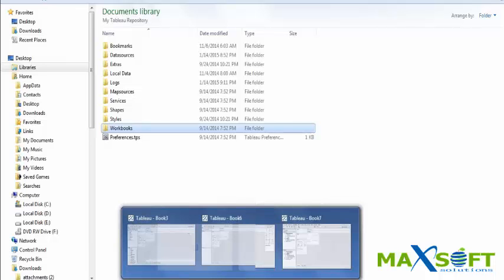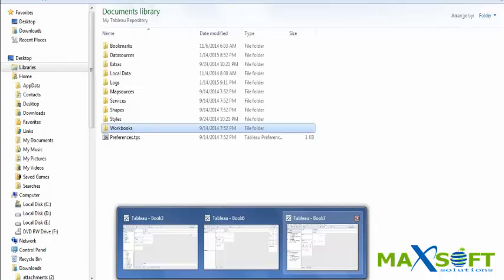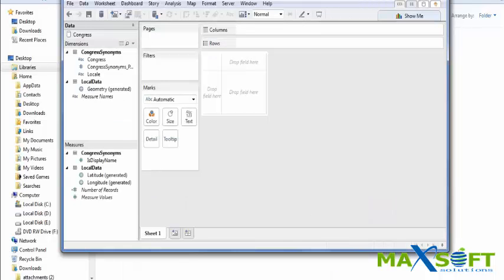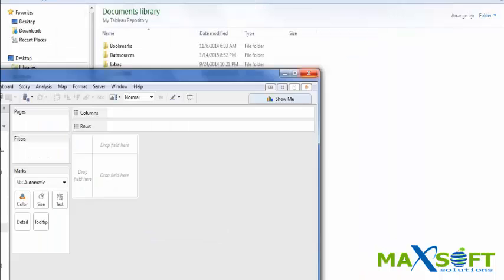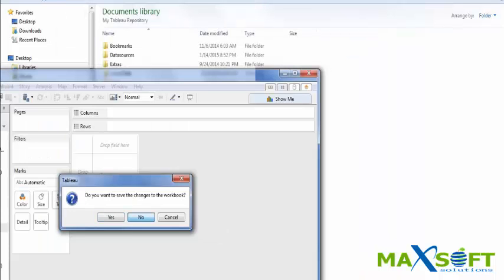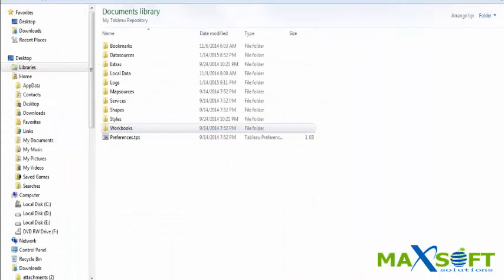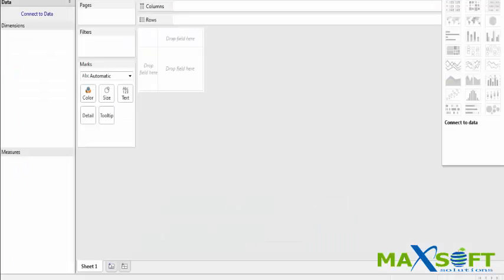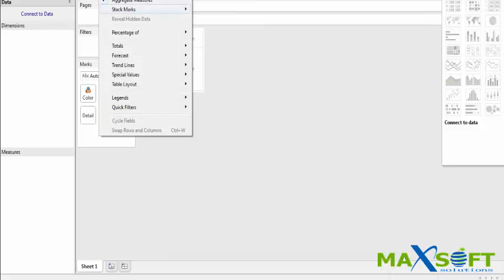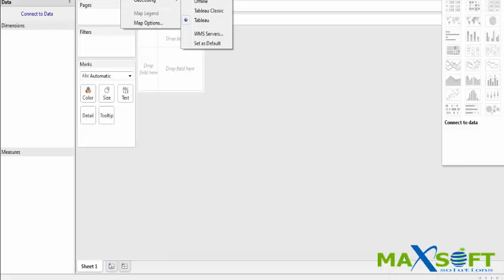And whatever workbooks I am working on will be saved in the Tableau repository. So the Tableau repository is where all our data, whatever modifications we are doing, will be saved. So this is what a Tableau repository is. And now if I go back to my window,